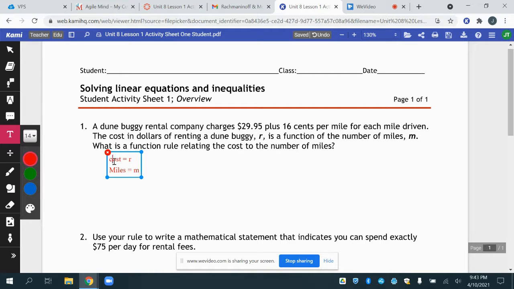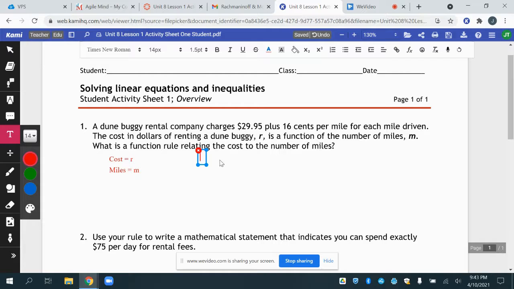So if I want to make this work, I'm going to start out with the cost. The cost is, I get charged $29.95 plus 16 cents every mile. So the way we can do this is when we're saying for every, let's see,